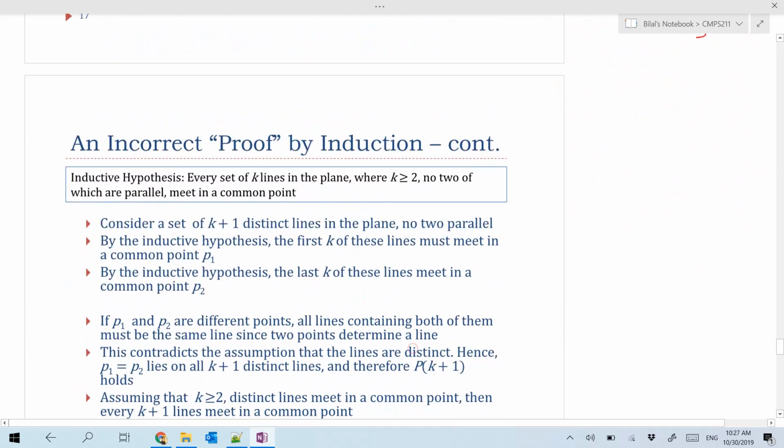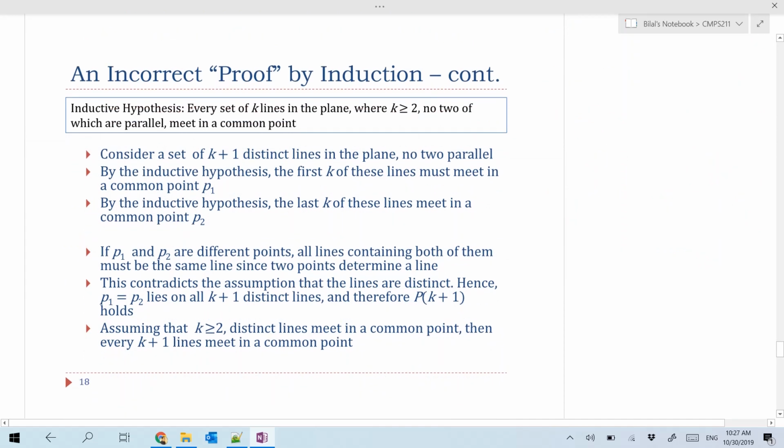Can we prove it? Yes. Actually, if we have this wrong assumption about the property being true for every k greater than or equal to 2, without checking the case for k equal to 3. So actually, if k is equal to 3, then p of k is false. It's not true. But if we don't check this, if we just assume it for every k greater than or equal to 2, then this wrong assumption leads us to the wrong conclusion that the property is also true for